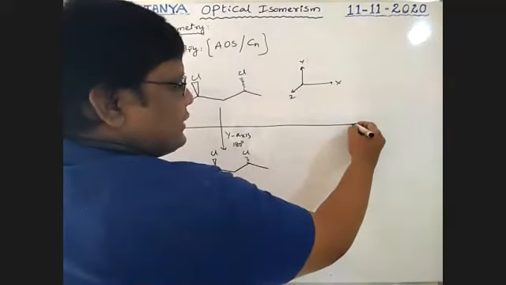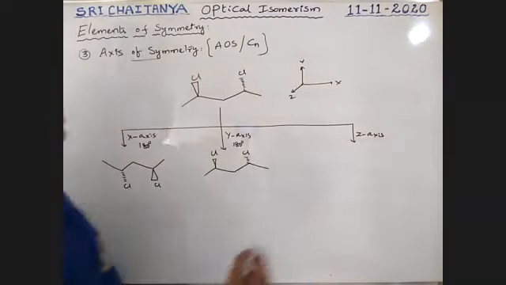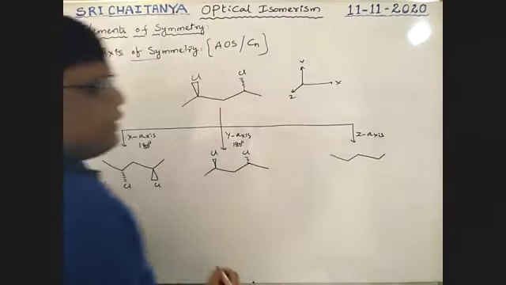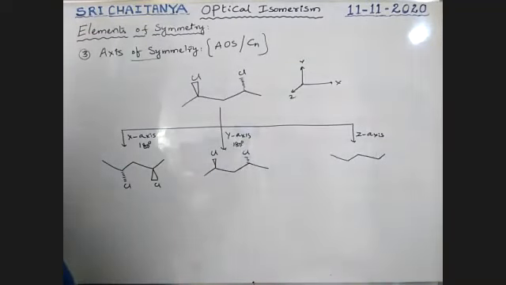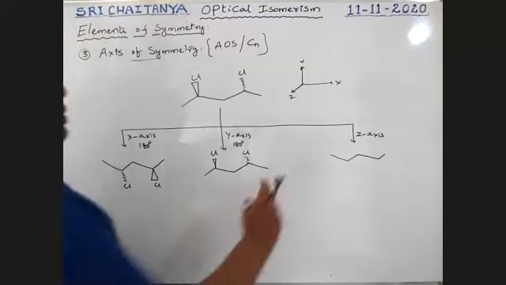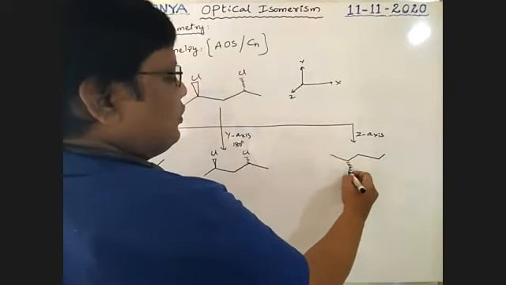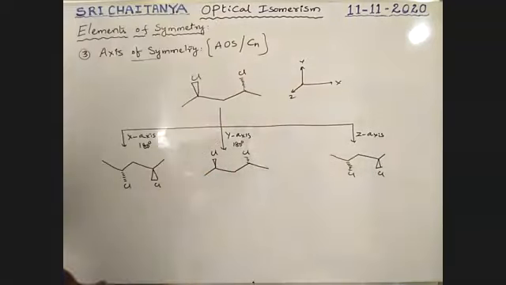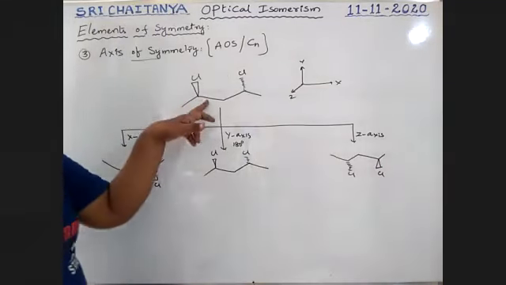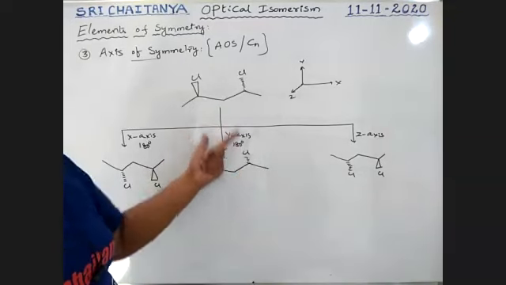Now, z-axis direction. Along z-axis, it seems to be like this. So wedge is wedge, dash is dash. Okay, so therefore, in z-axis direction it is dashed, boys. It is this one. Wedge is wedge. So these are the three conditions for this molecule. Along y-axis, identical molecules are coming out, boys. This one and this one are identical.